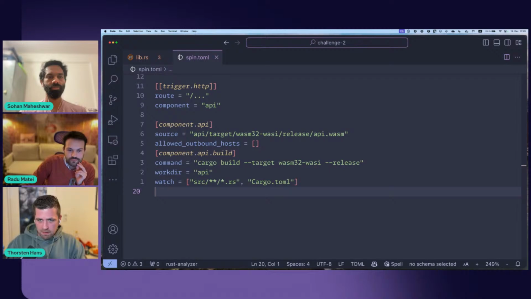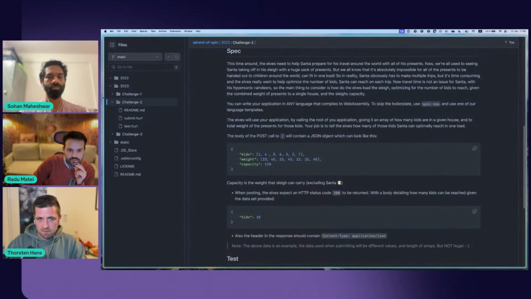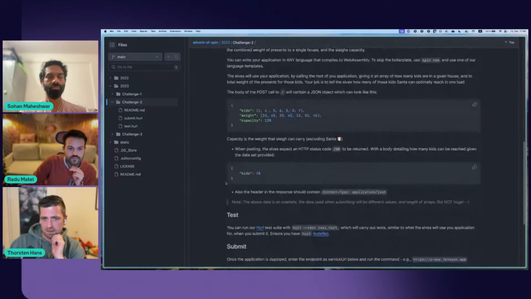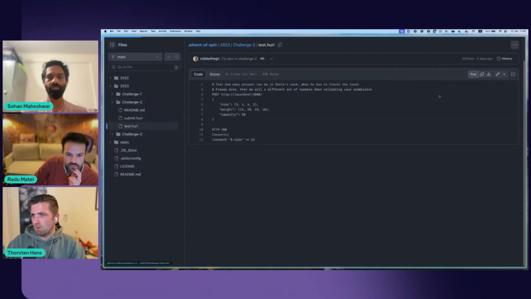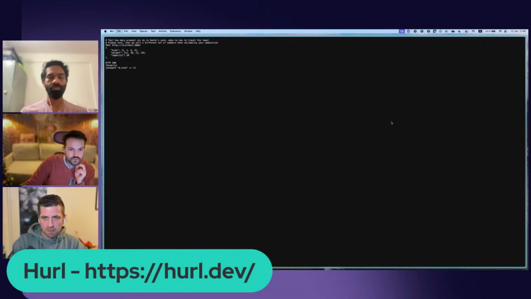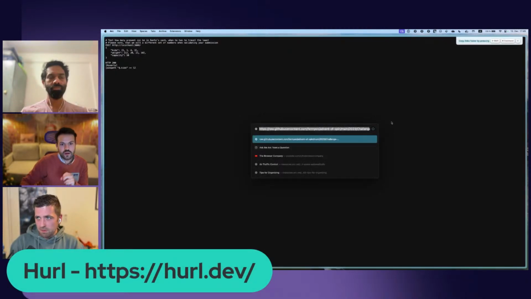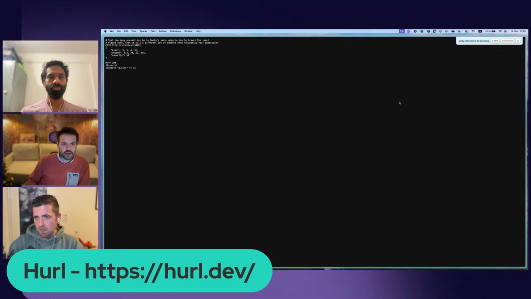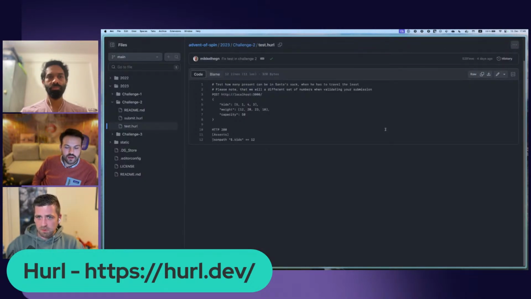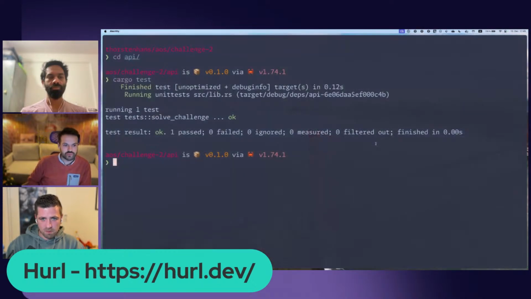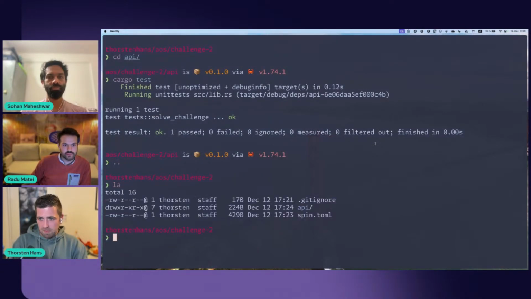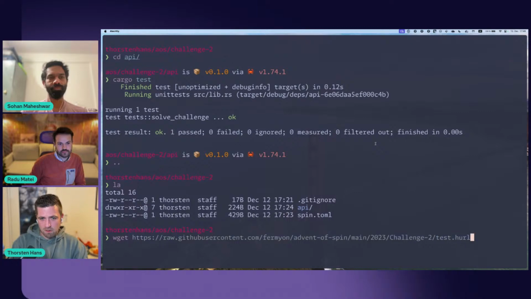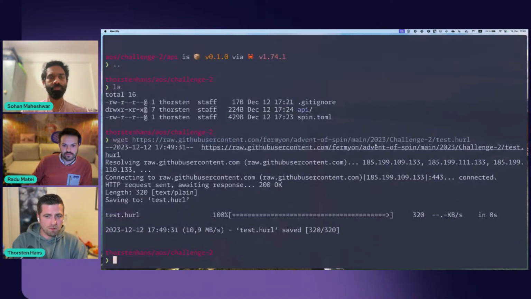Okay, that said, let's sneak into the HURL files, right? So we can use HURL for testing. For the test HURL file, I typically go to the raw representation over here, bring up the address bar, and copy the address. Then I can move back to the nice visual representation again. And then I can go to my terminal, go to where my spin app is and use wget to download the test HURL file.